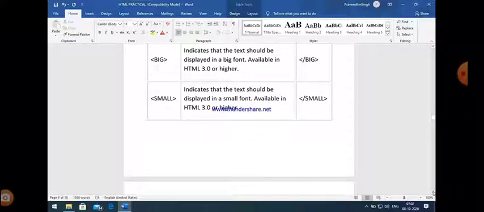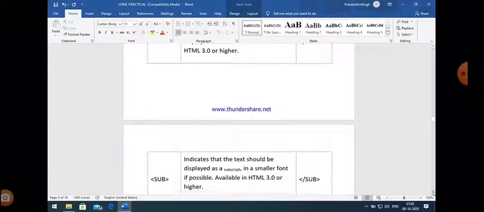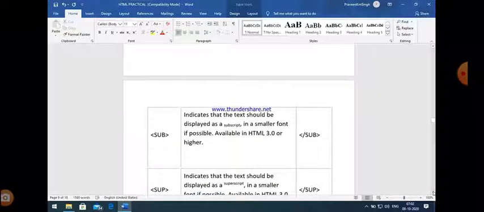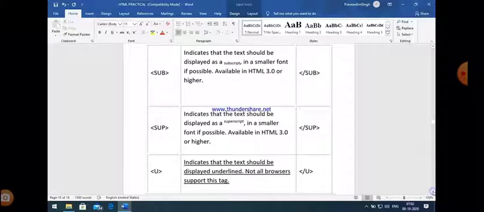So these are some physical tags available in HTML, and some other physical tags that are available are SUB, which represents subscript, which we already discussed in our previous video, and it is also available in 3.0 or higher.